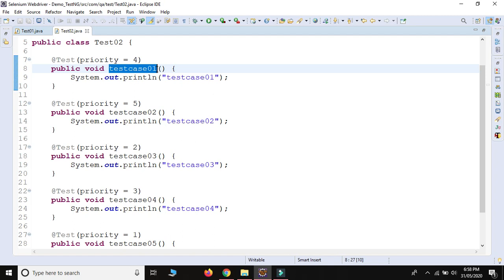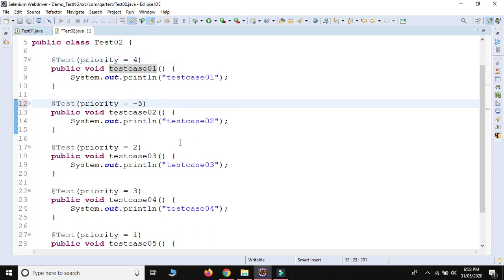Now the second question is, what happens if I provide priority in a negative format? I will show you an example. What happens if I use a negative number?